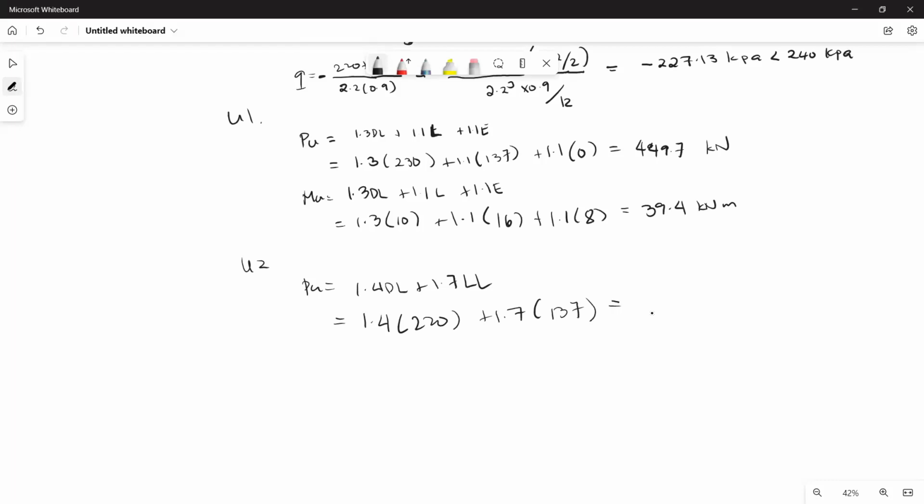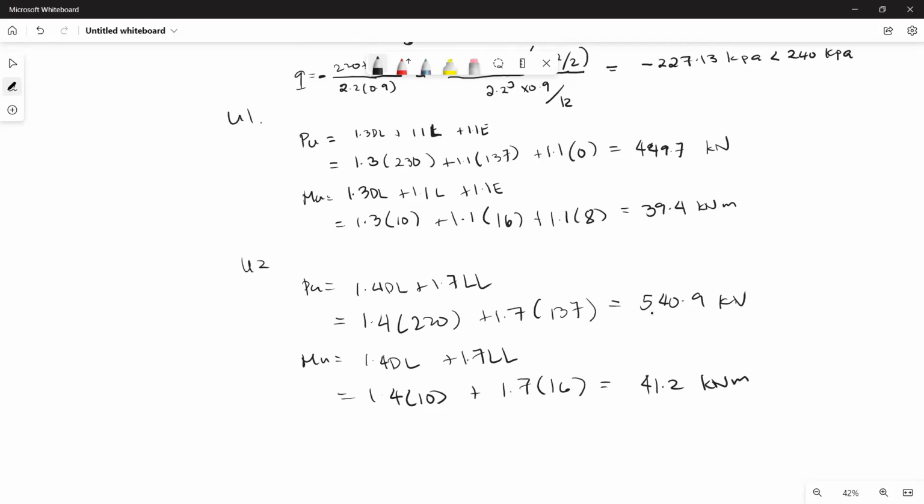Therefore, we get your PU, which is 540.9. And your MU, which is 1.4 dead load also plus the 1.7 live load, that is equals to 1.4 times 10 plus the 1.7 times 16, which is equivalent to 41.2